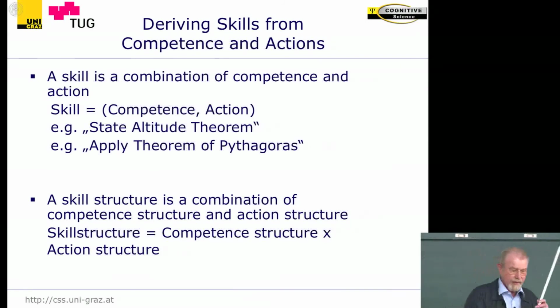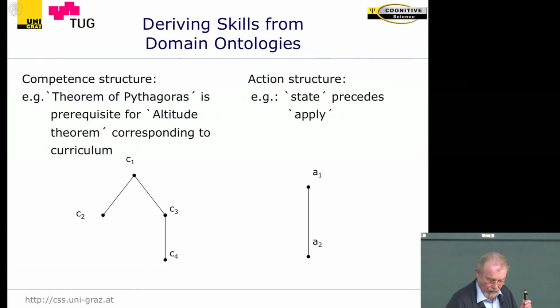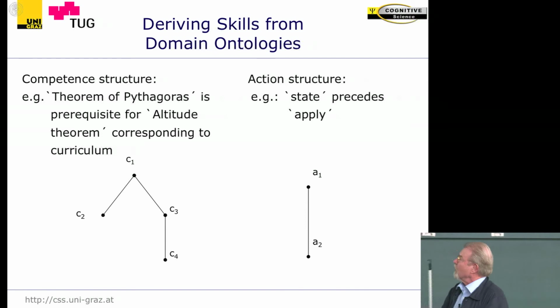So a skill structure is a combination of the competence structure, which we derived already from the concept maps, and the action structure. So the skill structure is a combination of both. And this is explained or visualized by this slide. We have the